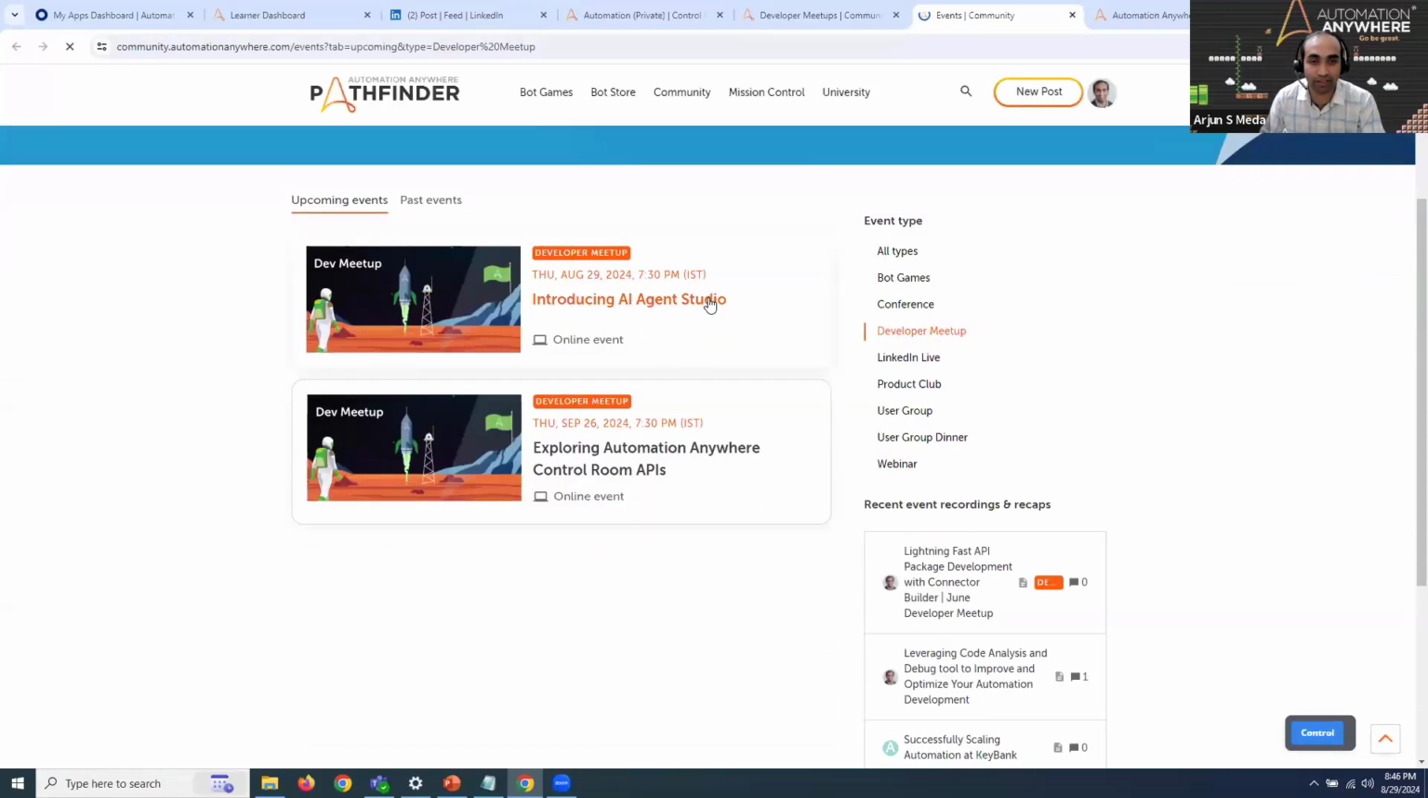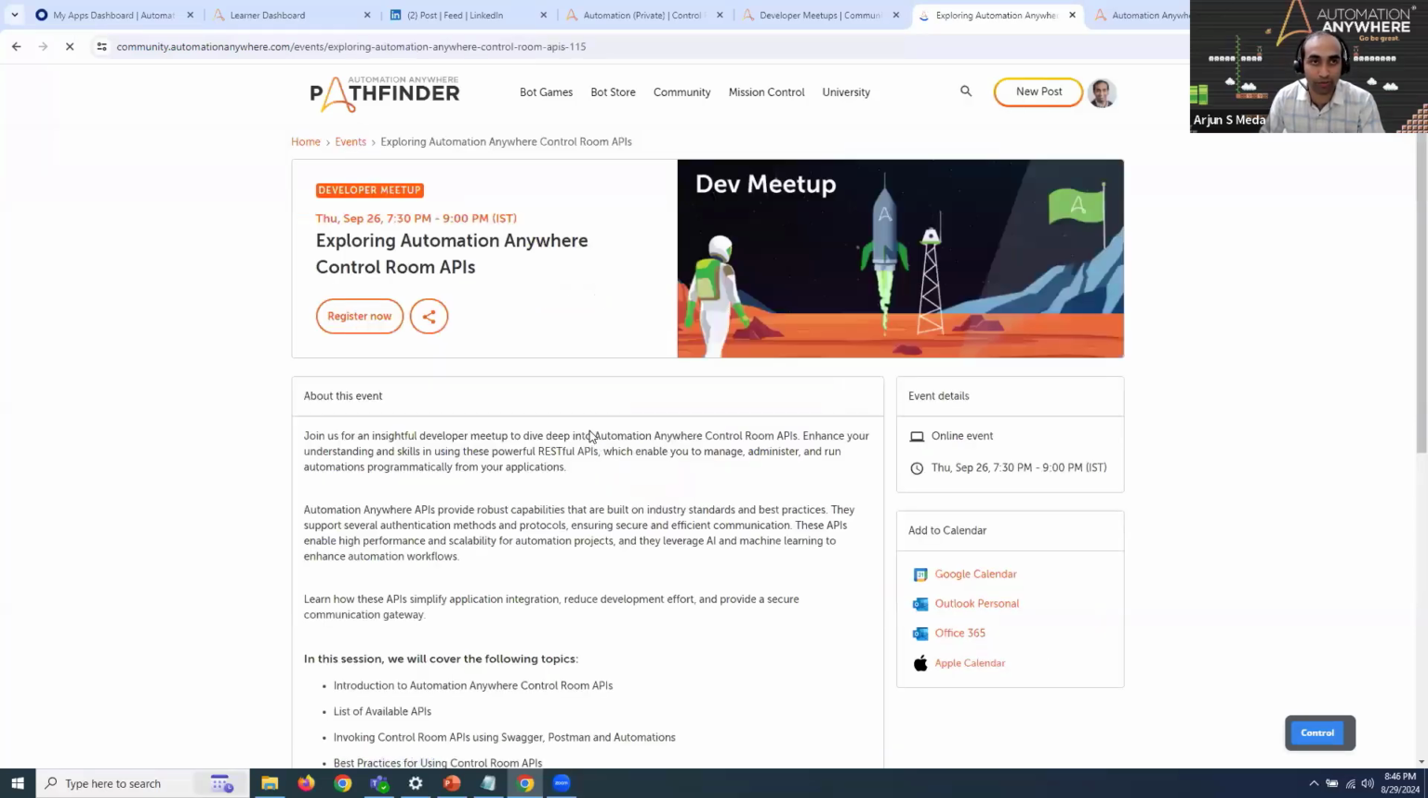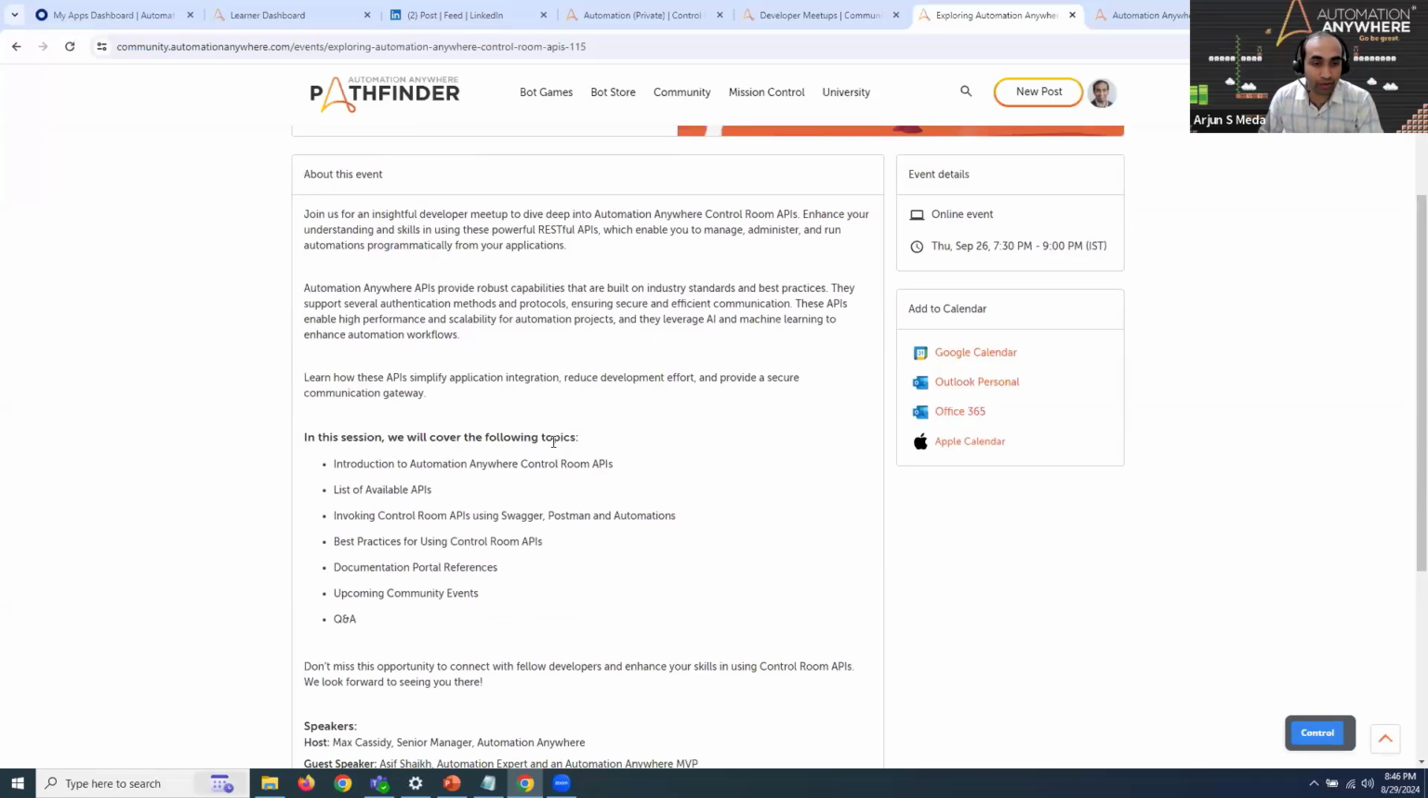So currently we are on the Introducing AI Agent Studio session. Next, we also have on September 26th the topic about exploring Automation Anywhere control room APIs. This is going to be an interesting session as well. So please do consider signing up for this session to know how you can invoke Automation Anywhere's control room APIs through different mechanisms. I will not go into depth of the topic, but I would encourage you to register for